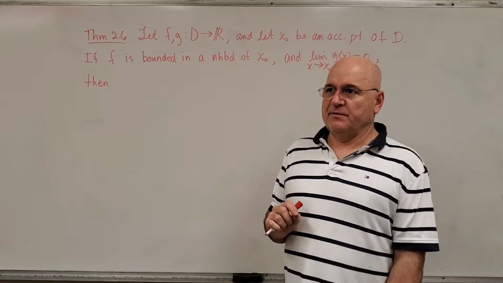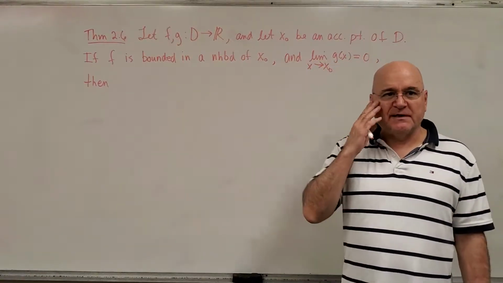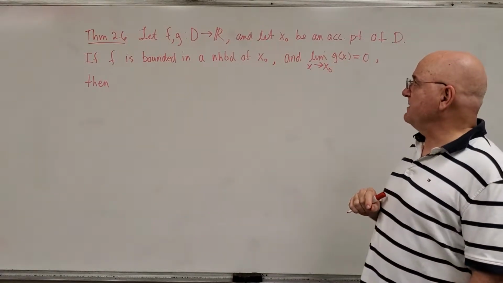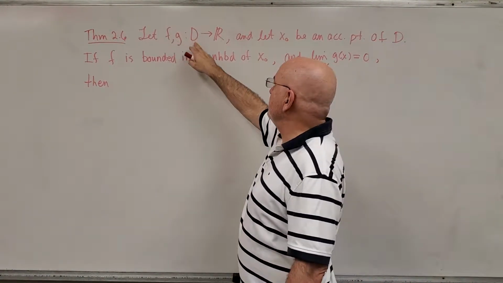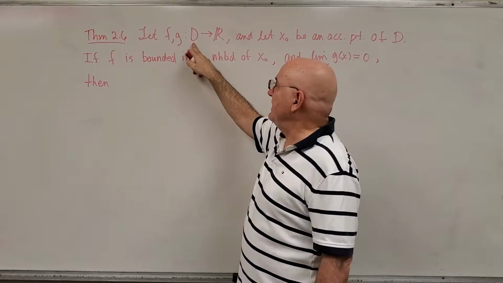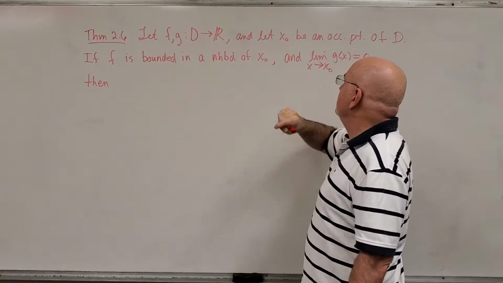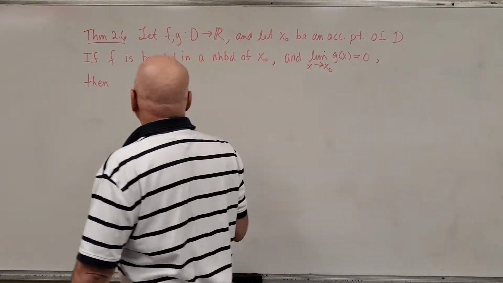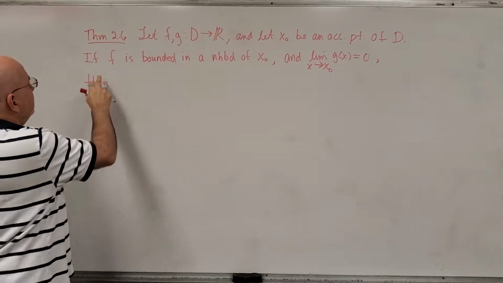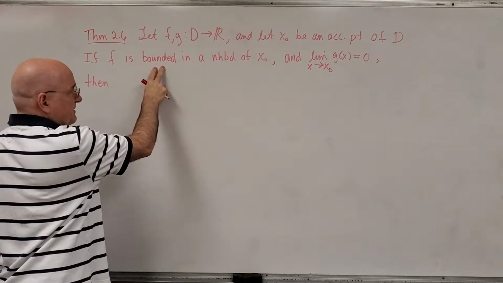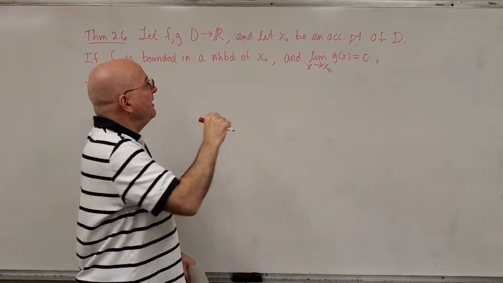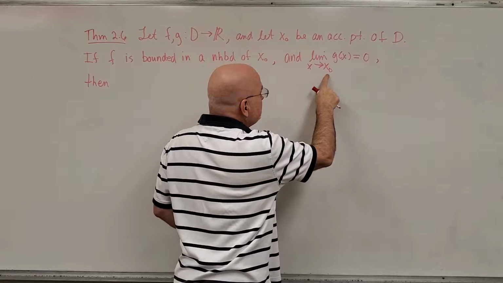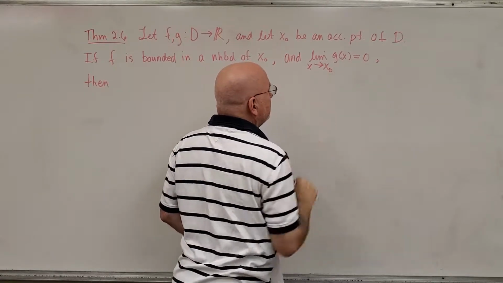Now we look at another theorem that is very similar to one we looked at in the previous chapter regarding sequences. Theorem 2.6 says that if you've got two functions, f and g, whose domain is capital D, both cases, and they go into R, and you've got x naught as an accumulation point of D, then the following is true. If the function f is bounded in a neighborhood of x naught, and the limit as x goes to x naught of g of x is 0,